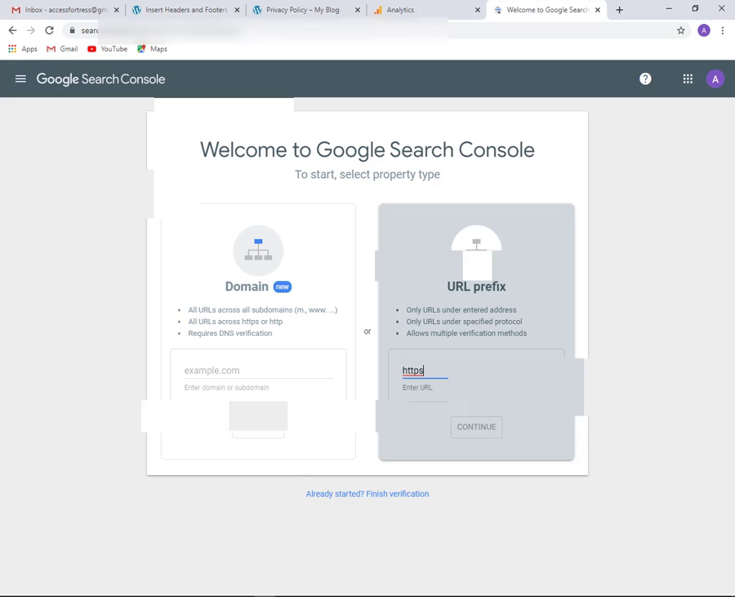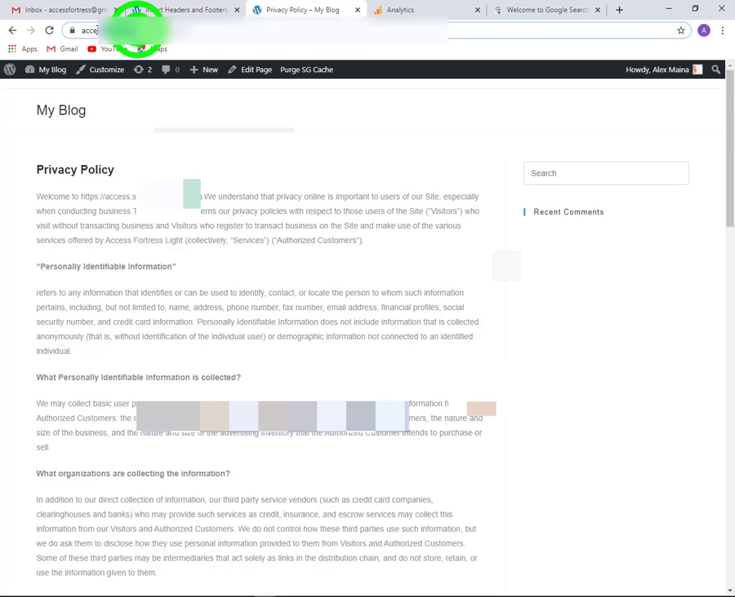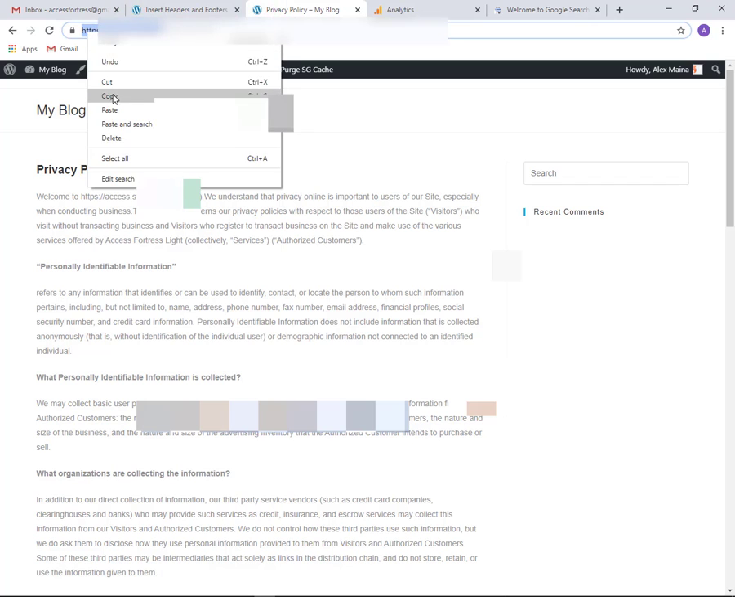And with HTTPS or without, please make sure you get the right one. If you change your website from HTTP, that is without SSL, to with SSL, you may have to make sure that you come back into Search Console and add the new URL, which is with HTTPS. So in our case, our site is HTTPS. In fact, I've forgotten the name of the website, so I just need to copy that